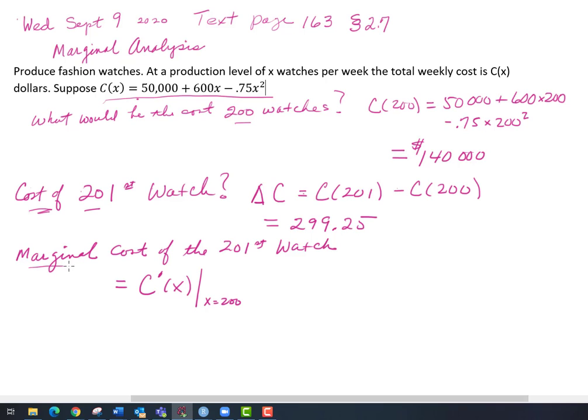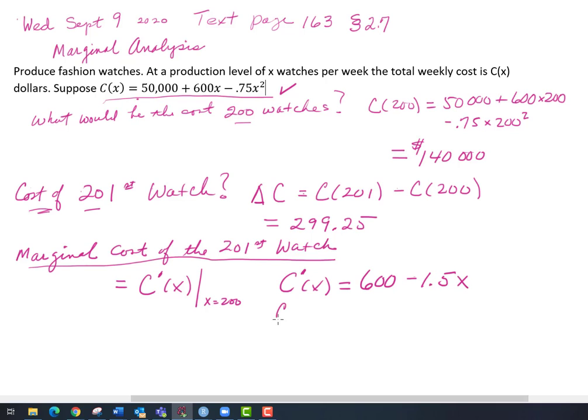So that would be the marginal cost of the 201st unit of production. It would be the derivative of the cost function evaluated at 200. Let's try out the marginal cost and see how that works for us. The first thing we'd have to do is find c prime of x, but we've practiced finding derivatives for a while now. So we look at the derivative function, and by this time I think by inspection we can write down that that derivative would be 600 minus